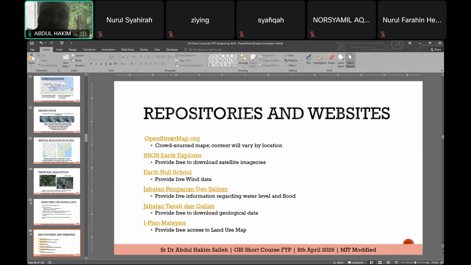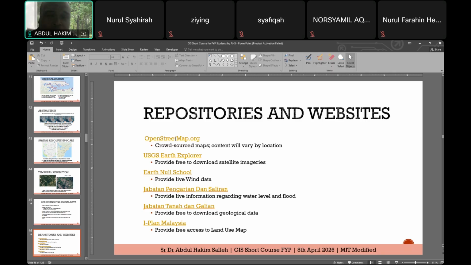So not every individual that donated the data has an understanding of GIS. That's why the downside of OpenStreetMap is that it requires you to apply some accuracy assessment, okay, before you